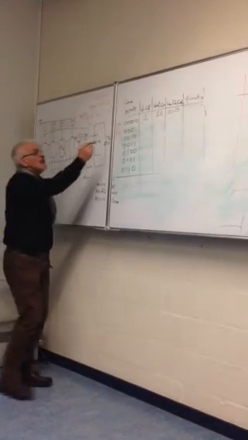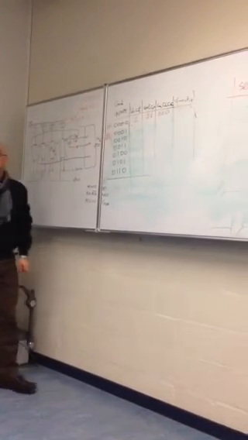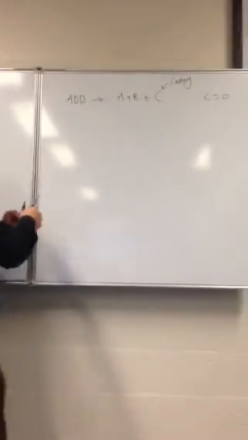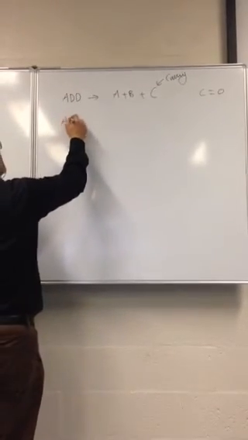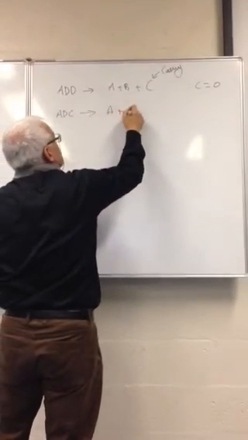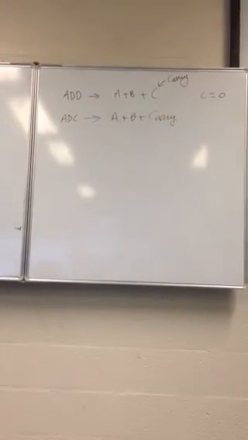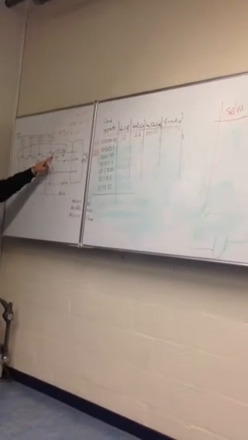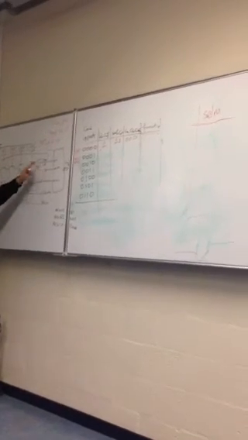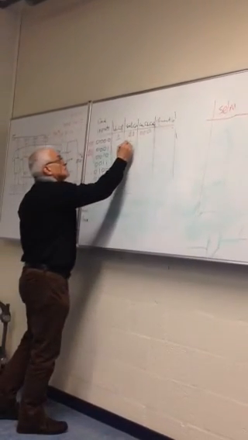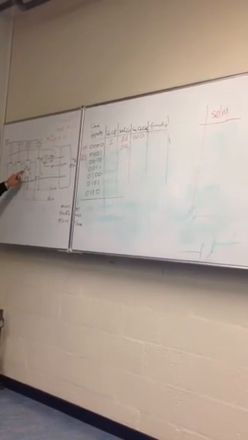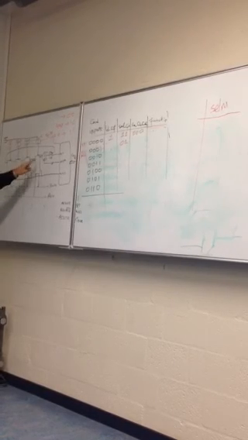Now, let us go to the next one, this one. Add carry. So add carry means, in fact, ADC means A plus B plus carry. So this means that I should put the carry there, isn't it? So how can I put the carry there? By making this one 0, 1. So this should be 0, 1. And what is the function of this one? It is executing the same function, the add, isn't it? Because I had the carry